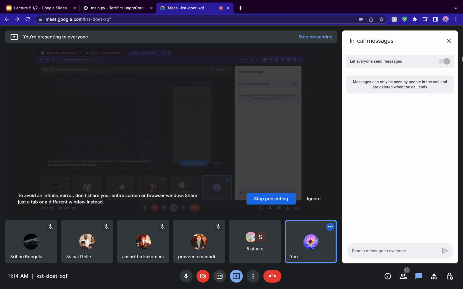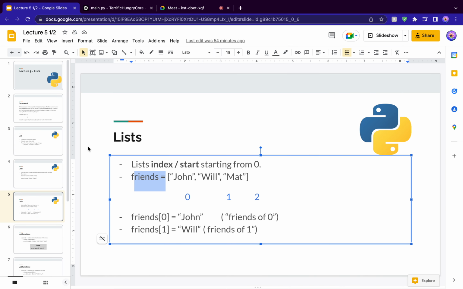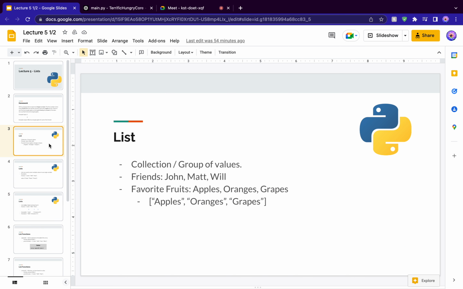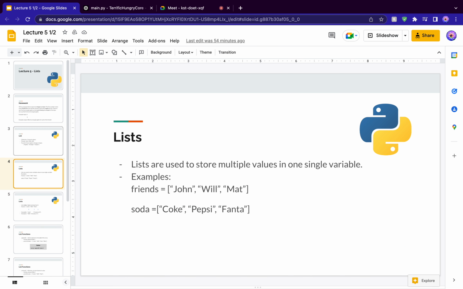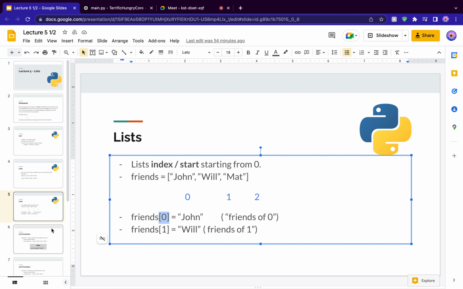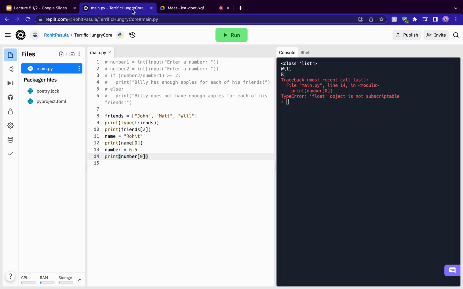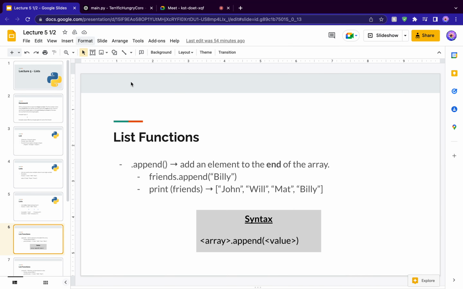Let me just make sure, no questions. All right, so that's the little intro into lists. A list is just a group of values, and you can index into that group of values. So index 0, index 1. Lists have a lot of functions, and these functions are really fun. There's an unlimited number of functions you can always search up. There's always a cool function for it, but the main ones that you should know and that everyone knows is